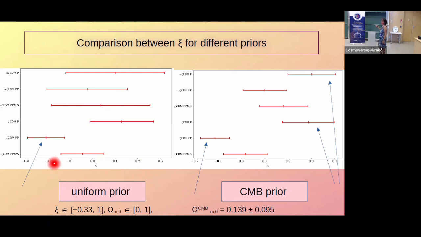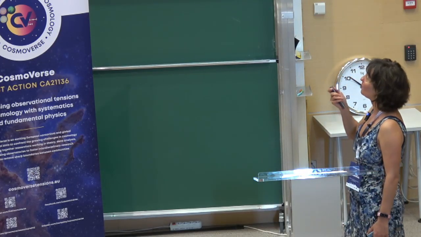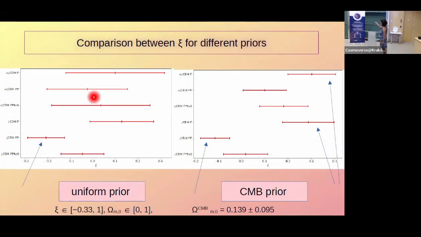So this is the value for the uncalibrated Pantheon plus data set. It sits on lambda CDM, definitely. But for the calibrated data set, we get this very negative value, which is negative within 95% confidence level, so it's very negative. For the other models, or just for the Pantheon, it is a positive value, and it also excludes lambda CDM, but within 95% confidence level, it is recovered. So basically, it's there. And for the other, we have a much bigger value.